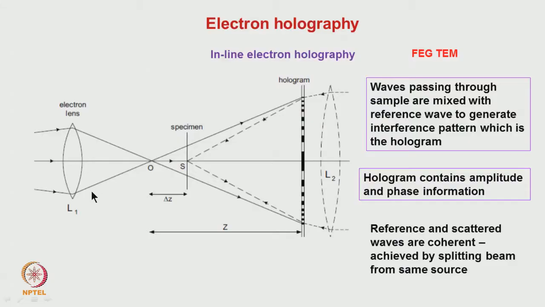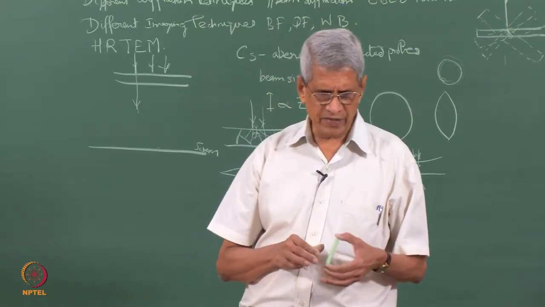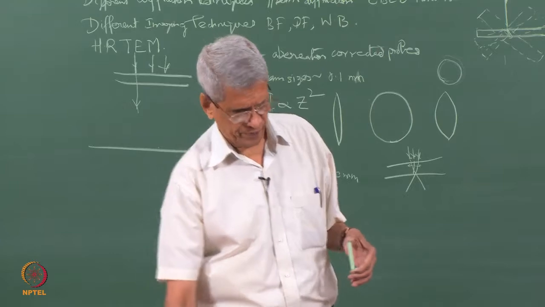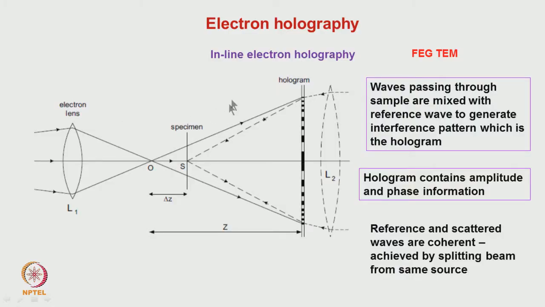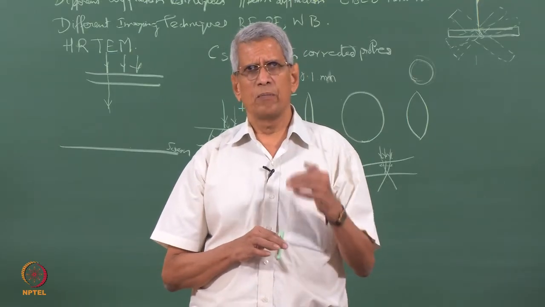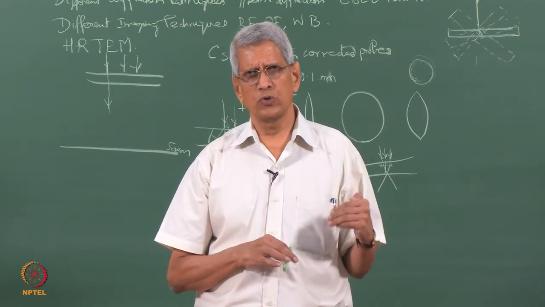How exactly is electron holography done? There are many versions of it. It is called inline electron holography, off axis electron holography. There are many types. This is essentially a schematic diagram of an inline electron holography. So, what is holography essentially? This was discovered by Gabor way back in the 50s. Essentially, if a coherent beam passes through a sample, that is a beam, we split it into two.